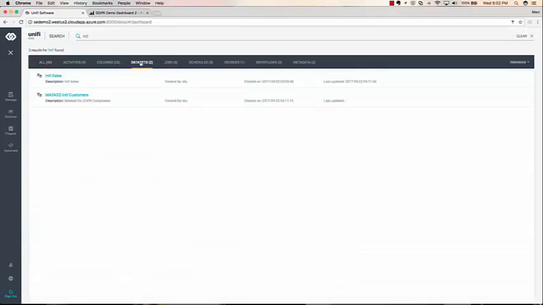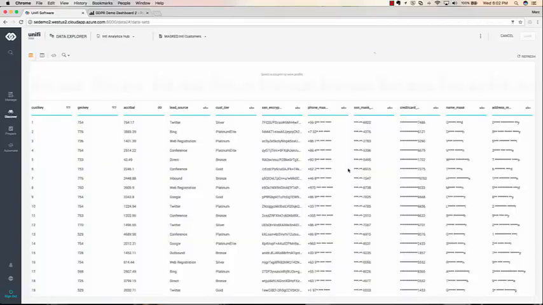And again, very quickly, I can see I've got two data sets. Interesting, I did ask for international sales, but I do see that I've got this masked customers as well. Kind of interested in what that is. That looks like something that Stu has decided to provide me access to.